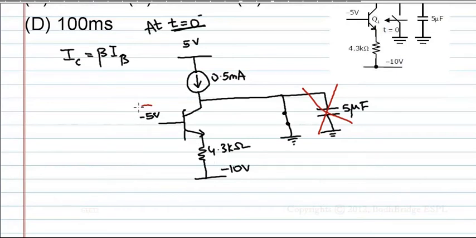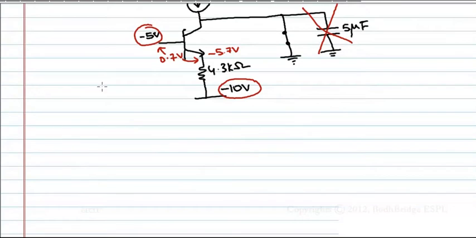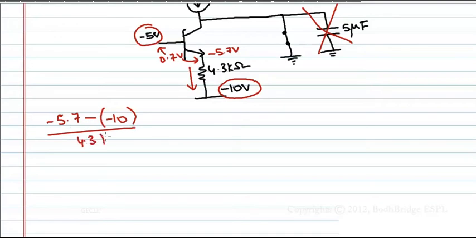Now, it is minus 5 volt and minus 10 volt. So, there is a possibility that a 0.7 drop can exist here. If a 0.7 drop exists here, what is the voltage at this point? Minus 5 minus 0.7, that is minus 5.7 volt. This is all analysis at t equal to 0 minus. What is the current through this? Minus 5.7 minus minus 10 by 4.3 kilo ohm. V1 minus V2 by R is the current, that is 4.3 by 4.3 kilo, that is nothing but 1 milliampere.